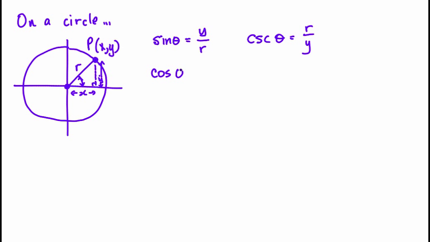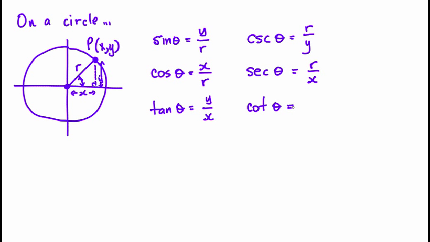If you looked at cosine, you would have x, the adjacent, over the radius, and so the reciprocal function would be r over x, secant, and tangent, which is the opposite over adjacent, would be y over x. That's the slope, by the way, y compared to x. And cotangent is the reciprocal, which is